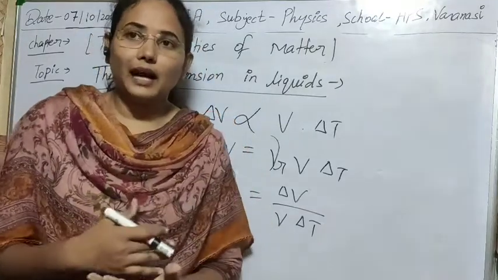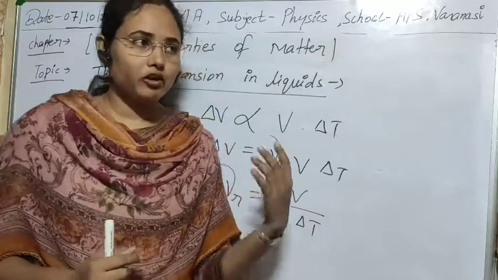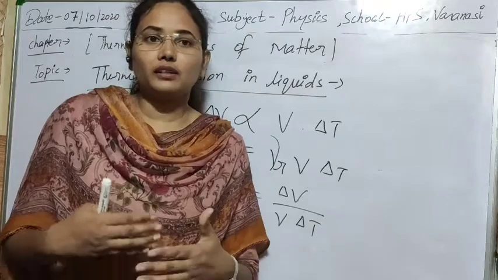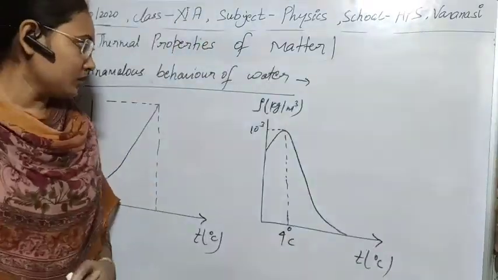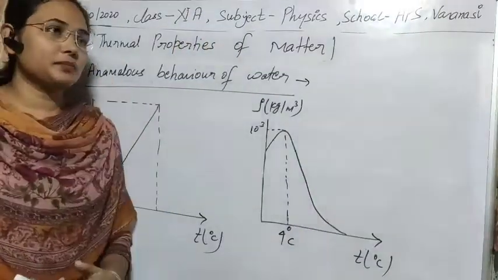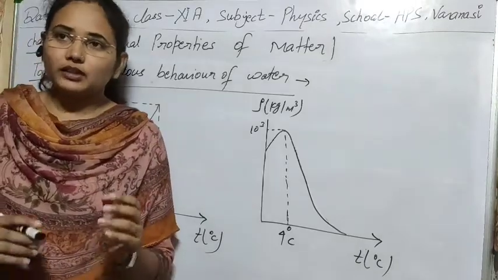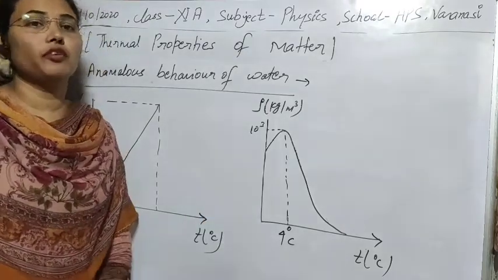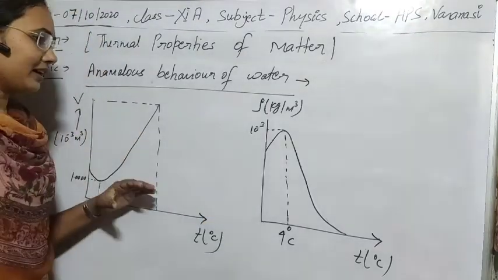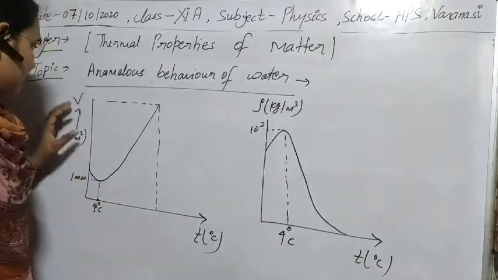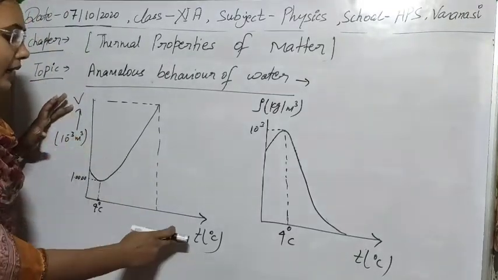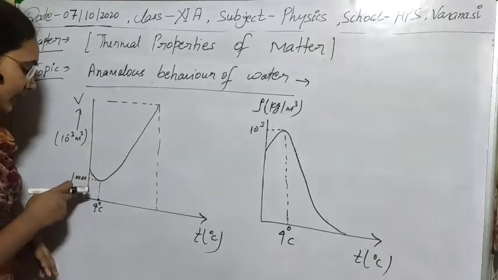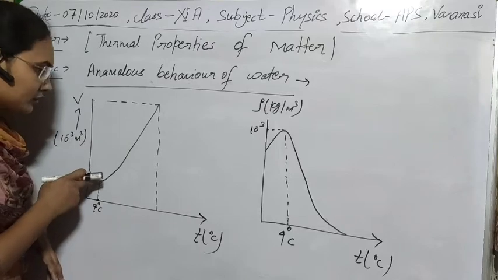While we provide temperature to water, for a particular liquid, water, let's see its behavior on the addition of thermal energy. So let's see the anomalous expansion of water. As we add some external thermal energy to the water, then water shows some extraordinary behavior. This one is the graph between volume and temperature. When we start to increase the temperature, its volume starts to decrease.